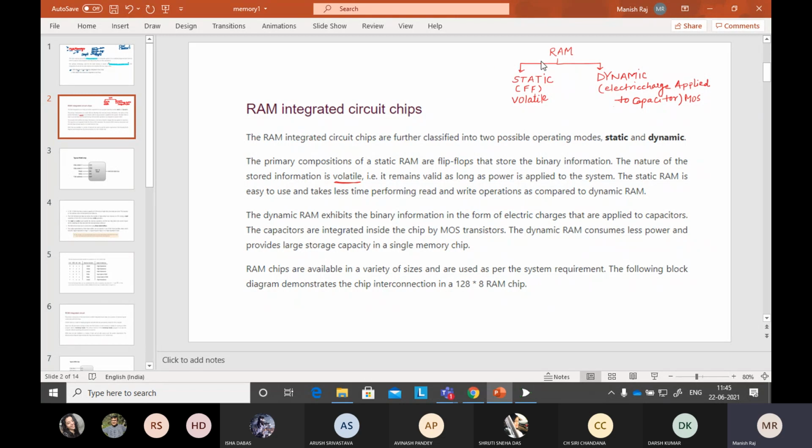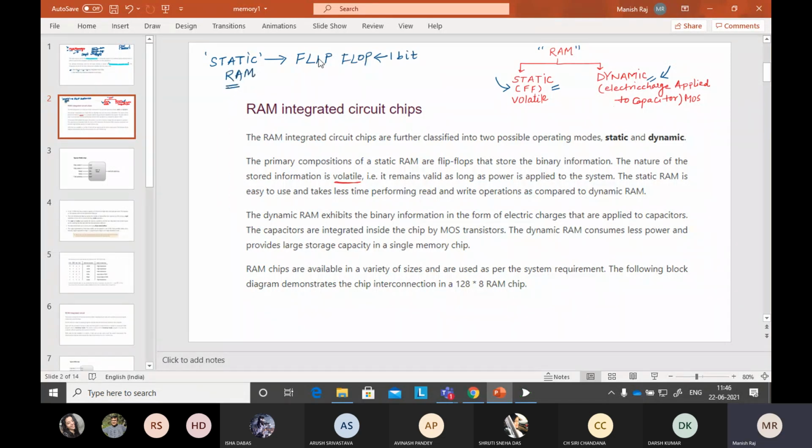After that, I am taking the RAM, and we can further divide it into two parts: static RAM and dynamic RAM. There are different terminologies, or different design structures, by which they store the program and the data. In the static RAM, the memory element will be flip flops. You already studied flip flops. It will store one bit in the static RAM.